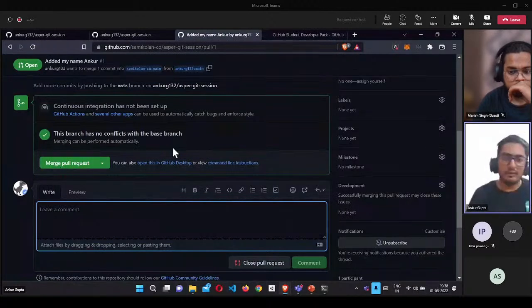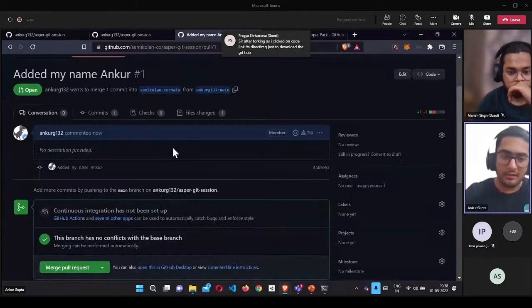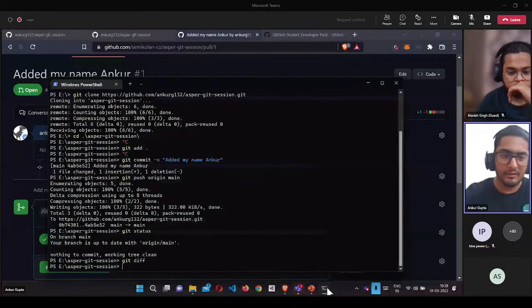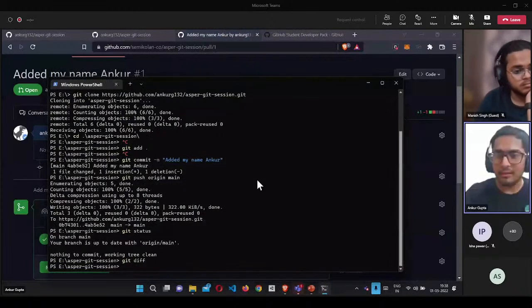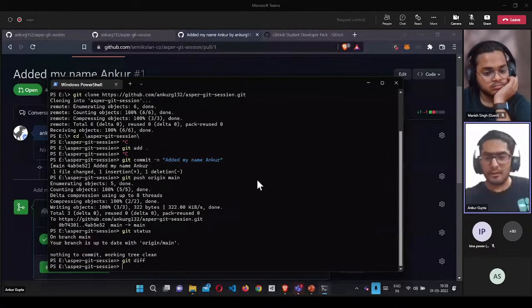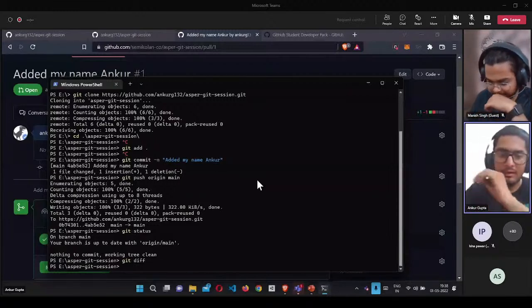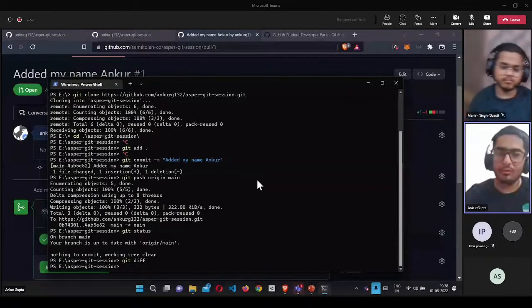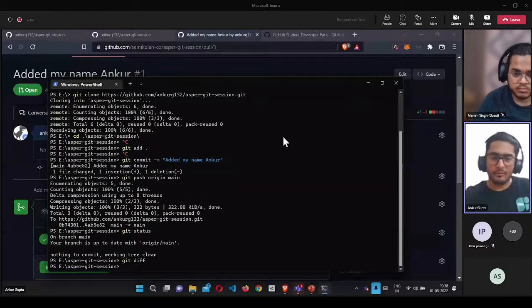So this is all. The one way which I have shown you right now is using the terminal. This I think is probably the most logical part of it. Apart from that, there are various other things that you can look into. One is GitHub Desktop. GitHub Desktop makes this process a lot easier. Then there's VS Code. You can clone a repository, make changes, commit it, make a push, all of it directly through VS Code also. If you are an Android Studio user, you can do all of this stuff through Android Studio also directly. So a lot of IDEs provide their own ways of doing the whole process.